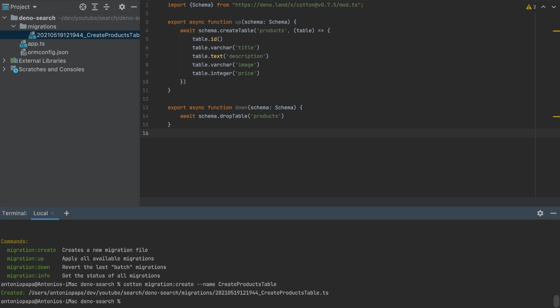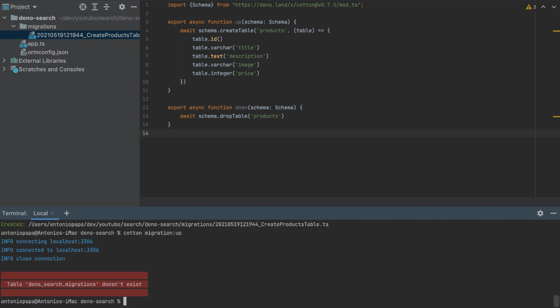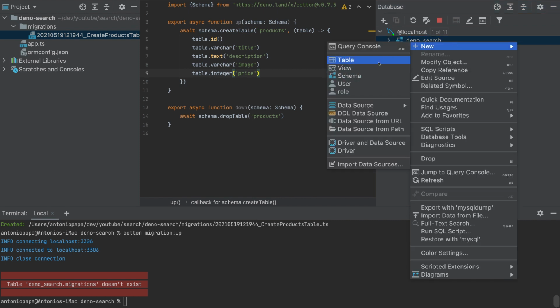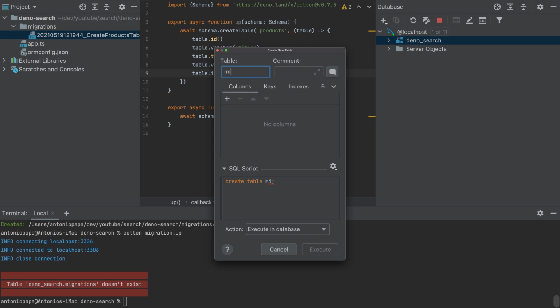To run the command, run cotton migration up. So this will have a problem. Table Deno search migration doesn't exist. Now it's not solved yet. I'm not sure why. We have to manually create a table called migrations, and this table,